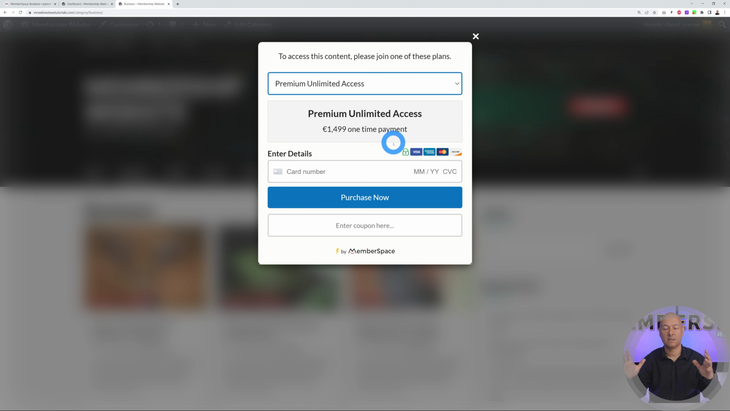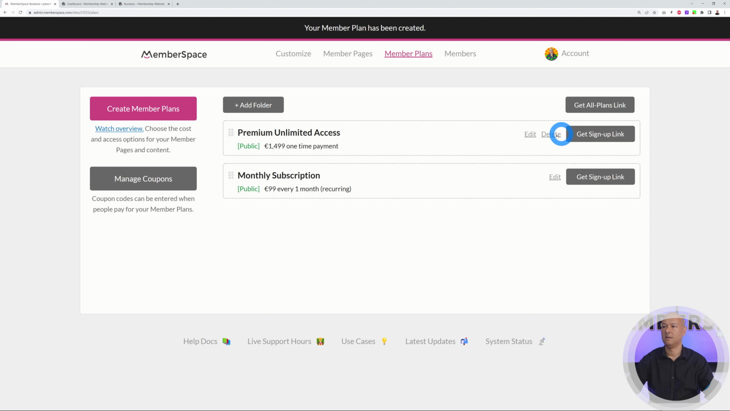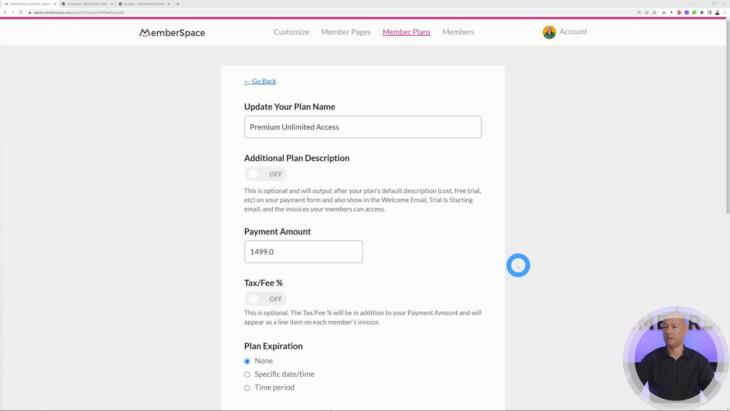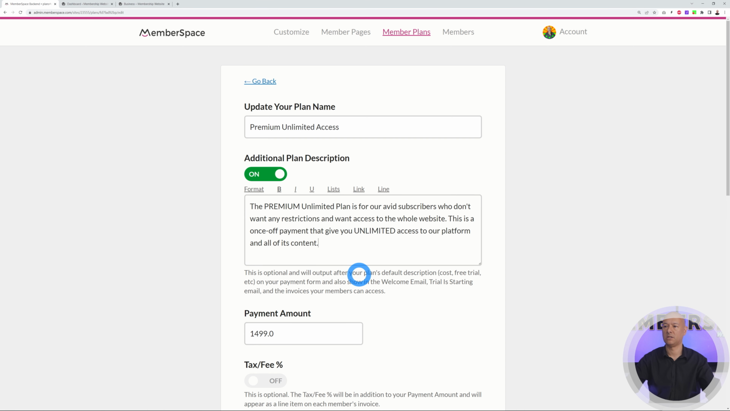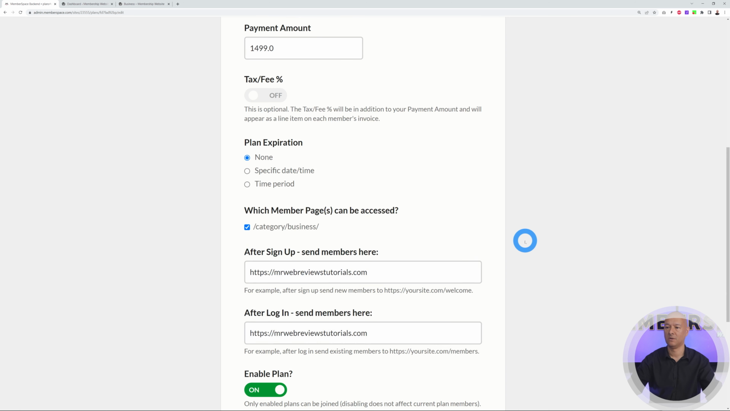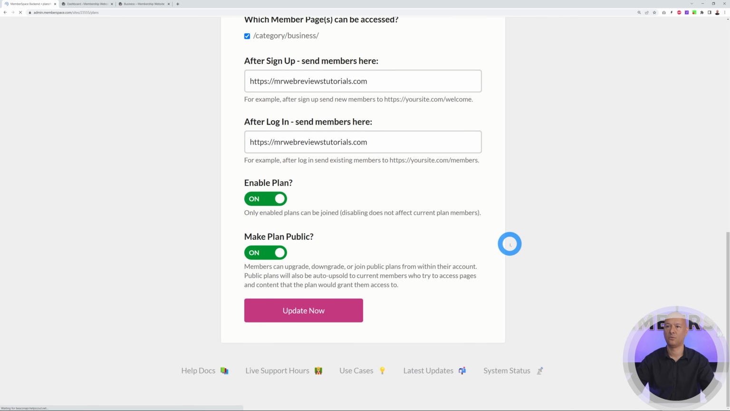So again, as you can see, there is no added description here. You might want to add a little bit of details to entice your visitors into buying this one rather than the other one, in which case you can always go back here, edit this one. And this time we're going to use the option additional plan description. So let's enable this. And now I'm going to type a bit of text here. For instance, the premium unlimited plan is for our avid subscribers who don't want any restrictions and so on and so on. Okay, so if you add the description now, let's save this